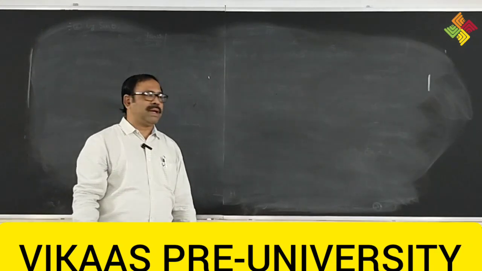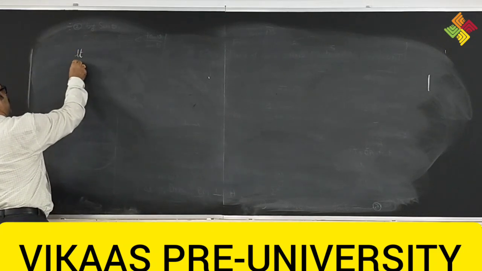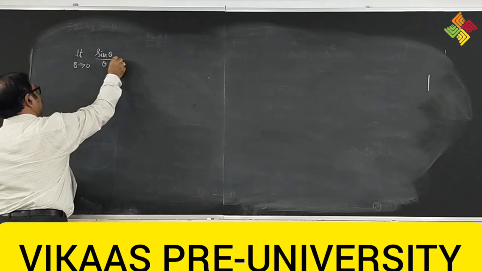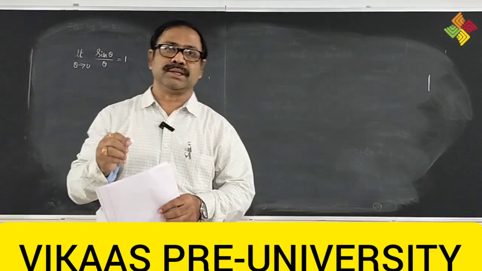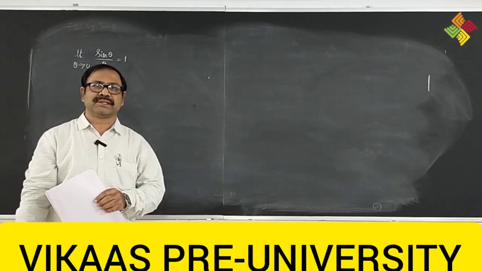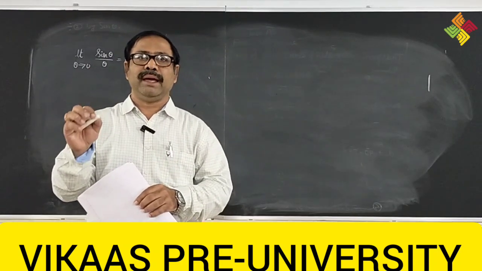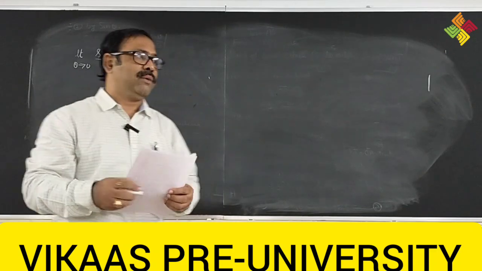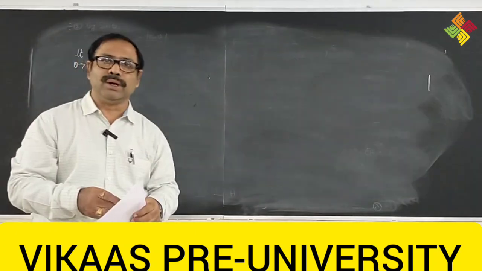Students, in my last class, I proved the result that limit theta tending to 0 sin theta by theta equals 1. I also told you to write this derivation and remember it, because it is considered one of the most important derivations in limits. The first derivation is limit x tending to a, x to the power n minus a to the power n by x minus a, equals n into a to the power n minus 1.